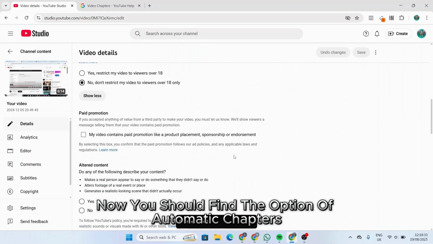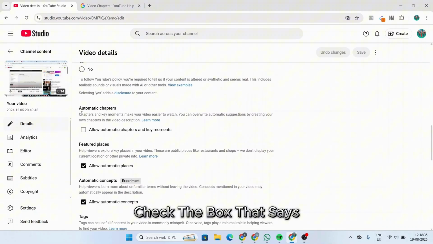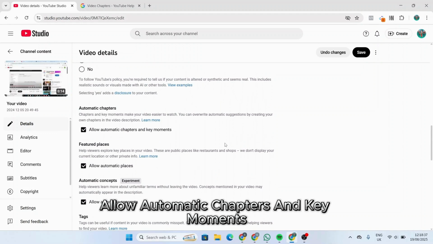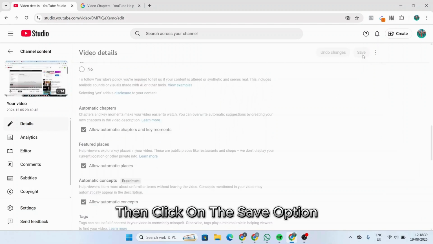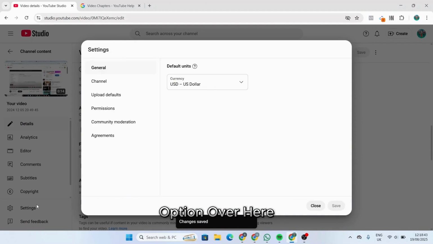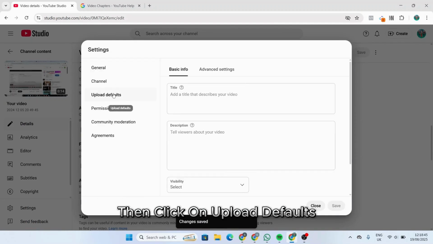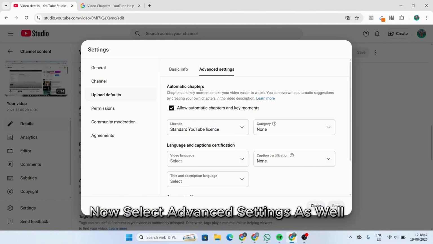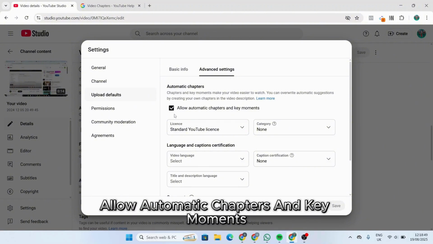Now you should find the option of automatic chapters. Check the box that says allow automatic chapters and key moments, then click on the save option. Next thing you want to do is click on the settings option over here, then click on upload defaults. Now select advanced settings. Here as well, check the box that says allow automatic chapters and key moments, then click